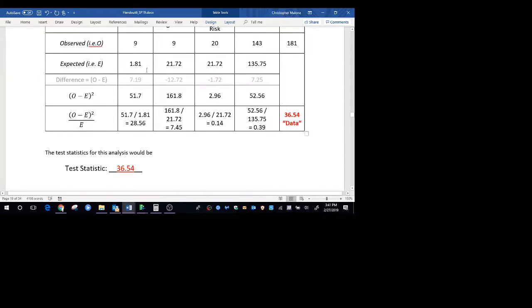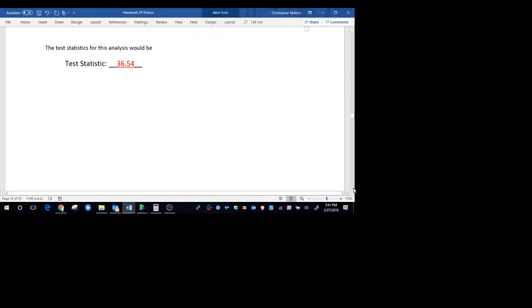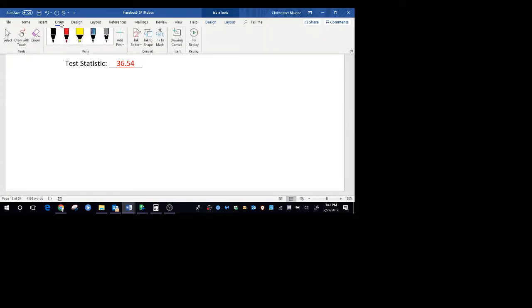Now we actually do some squaring in there. Again, we're doing the squaring to get rid of the negatives. We also divide by the expected. We need to do that to put that squared distance in perspective, of what we mean by a large distance. That's why we're dividing by the expected there. But once I get all of my information down to a single value, I can go ahead and build my reference distribution just like I did before.